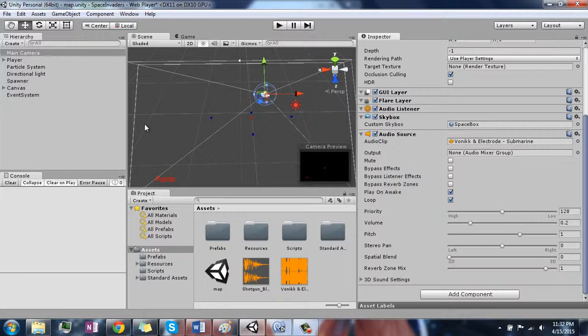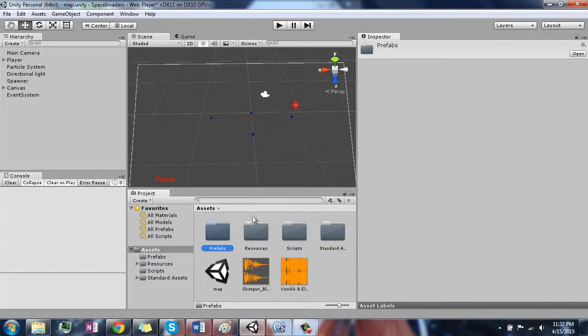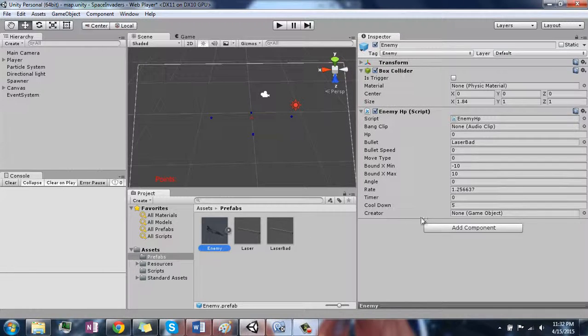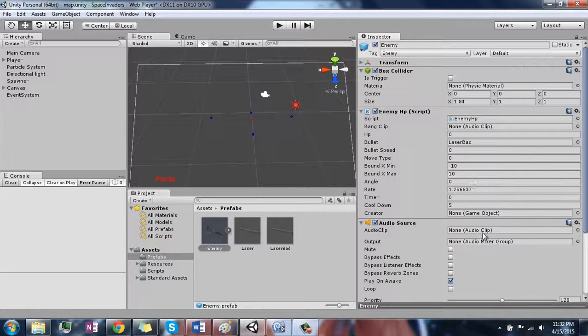But now, let's say you had a handgun and you were trying to fire it. You want that handgun to have a powerful impact and be an impactful experience. You need it to have a sound every time you click that button, and it's going to go bang bang bang. I don't have a gun sound. Oh, I actually have a shotgun blast sound, but we're going to use it for when we destroy an enemy. So I need to hop over to my enemy prefab, which is just an object I already made. You should know about those. And we're going to add an audio source,